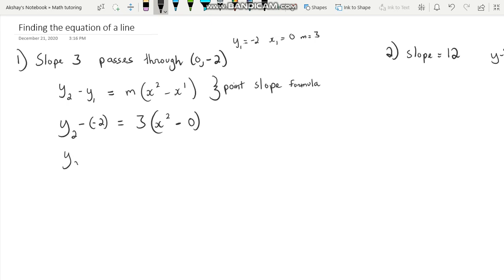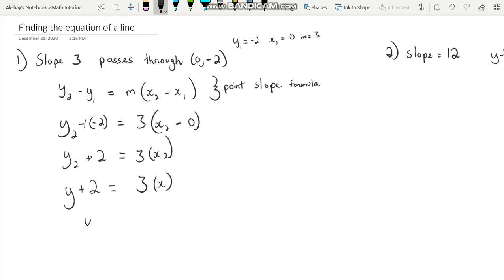Now I can expand this. Negative times negative, negative 1 times negative 2 gives me positive 2. Here I have 3 times x2 minus 0. But because I have only one point, it doesn't make sense for me to have a y2, I can just represent it as a y, so y plus 2 is equal to 3 times